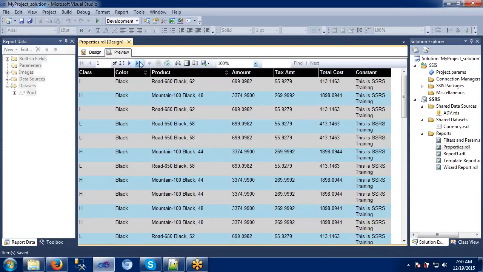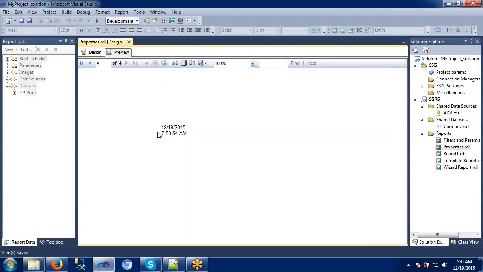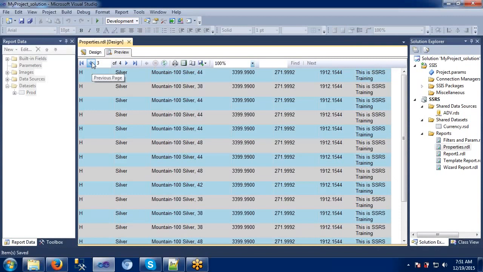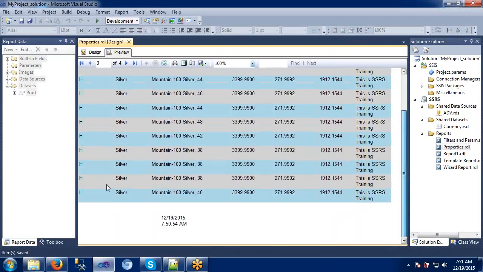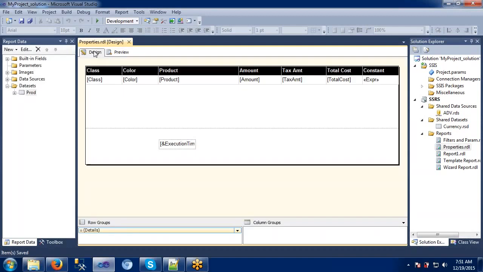It's trying to execute, go to the last page. So this is the footer we are getting with our date, 12/19/2015 7:51. The current date and system time it will capture at every page or the last page. Like this we can specify our built-in system times here. This is the expression I have used to capture the system date and time. These are system defined expressions. Okay, once again I'm going here.